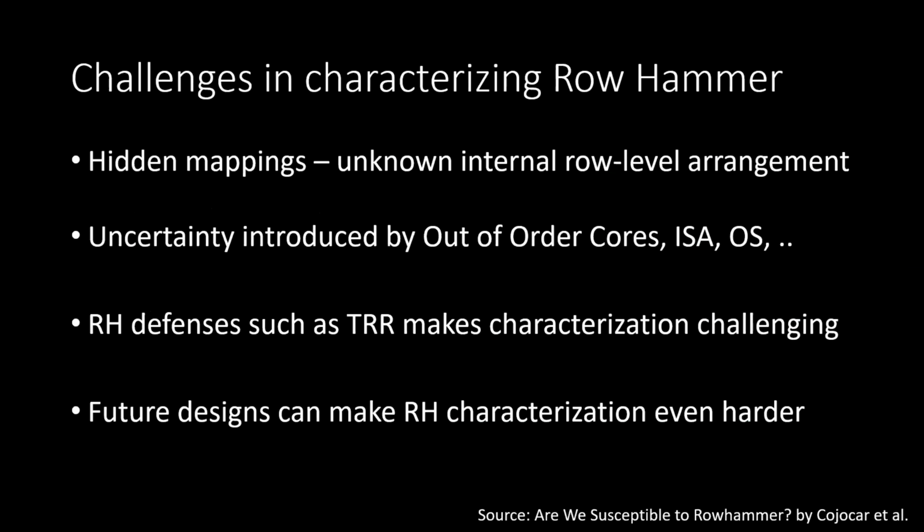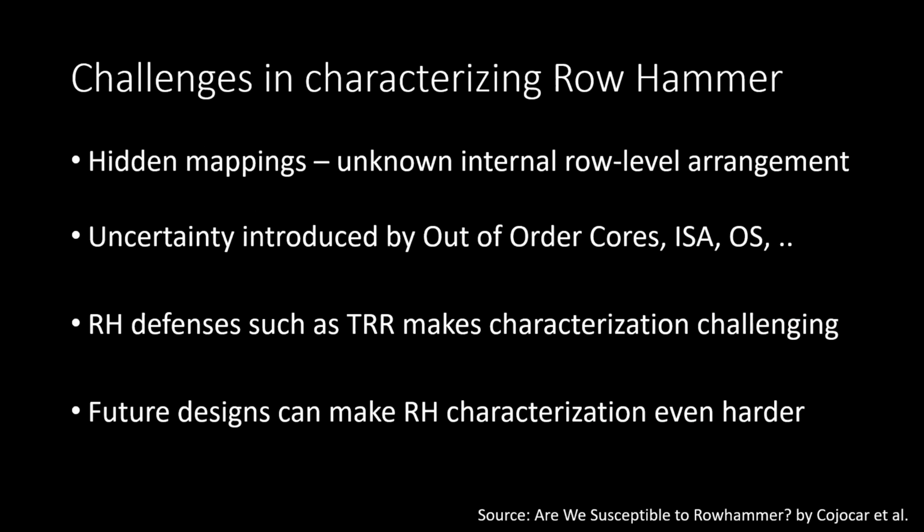So characterizing and understanding row hammer and other vulnerabilities are really important, but we know that it's very challenging also, because to reproduce row hammer, we need to know the internal row level mapping, which is purposefully hidden. So we don't have certainty on how rows are organized internally. And this information is essential to launch a row hammer attack. And in fact, one of the nice features of row hammer attack is you can use it to reverse engineer